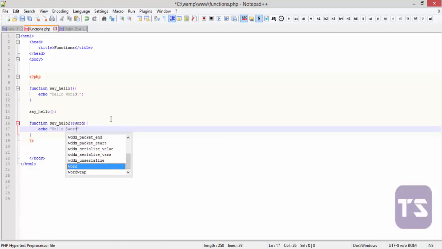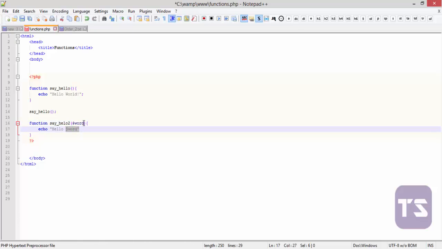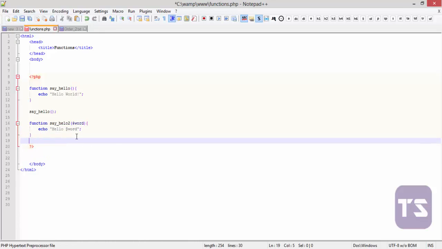So anything that the user inputs into this place is being substituted, and you have hello, that thing that is being inputted here. I don't know if you get it, but if you don't, we'll check that out in a minute. So we are going to call on this function since we've defined it. Okay, now we're going to do that by writing say hello